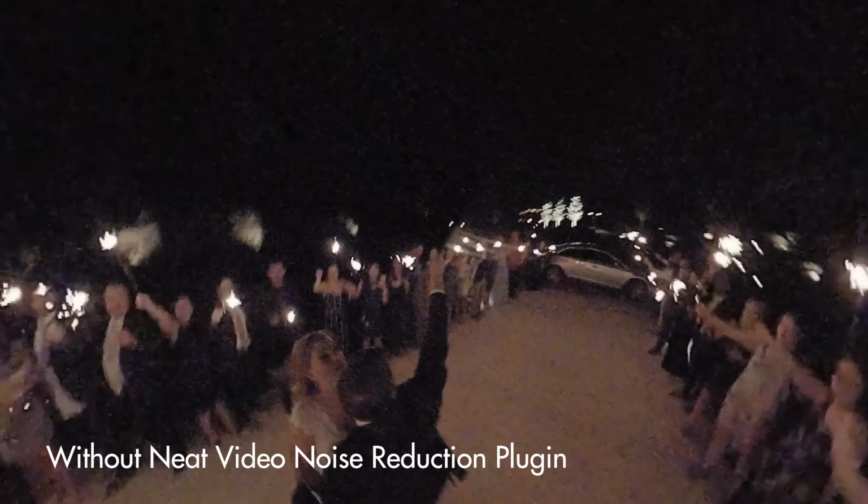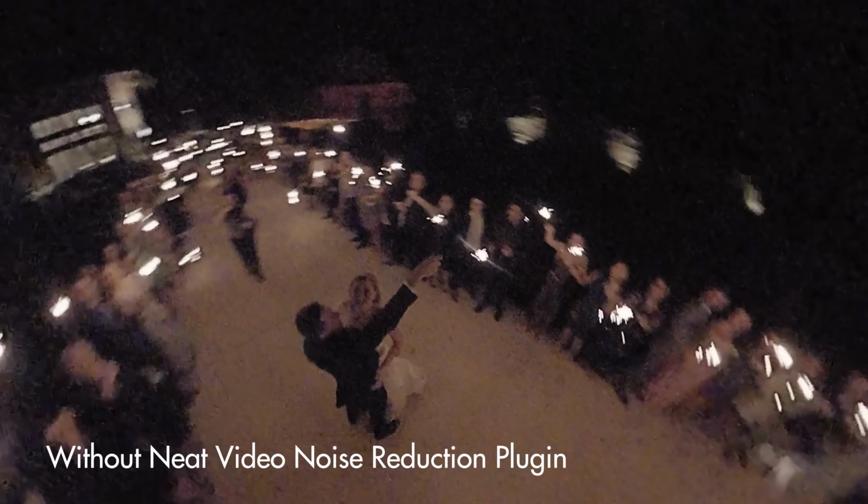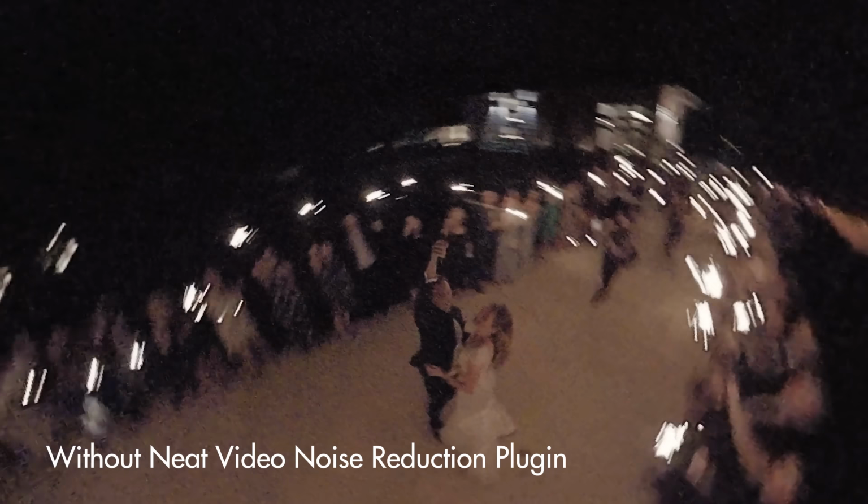Also, the groom was 6'5", and with the selfie stick above his head, it was almost 8 feet, so I wasn't really worried about him hitting anybody. I felt pretty safe about it. But if you are trying to replicate this shot at a wedding, I would definitely make sure that you're safe about it. I really love this shot and the concept, but like I said, the image quality definitely began to